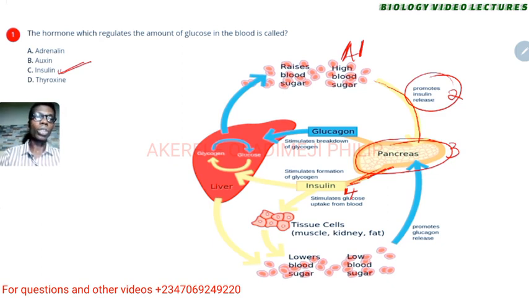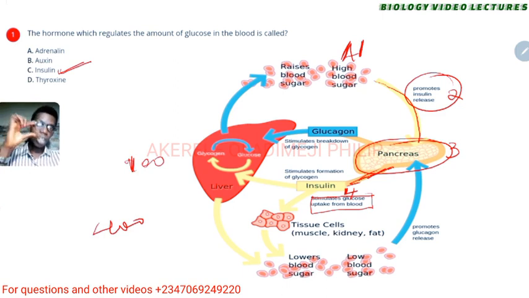It's going to stimulate glucose uptake from the blood. It's going to make sure that glucose is being removed from the blood. That excess glucose, let's say we have 400 milligram, which is above normal, and you're supposed to have 100. So of course 400 minus 100 is going to be 300. So that excess 300 milligram of glucose must be taken away. And how would that happen? We make sure that cells are taking it in. So you can see it. Let me say this is 5. So tissue cells, muscle, kidney, all of those are taking up glucose.